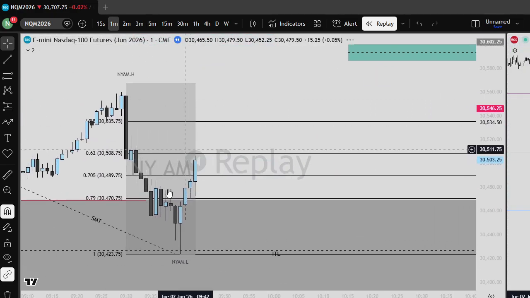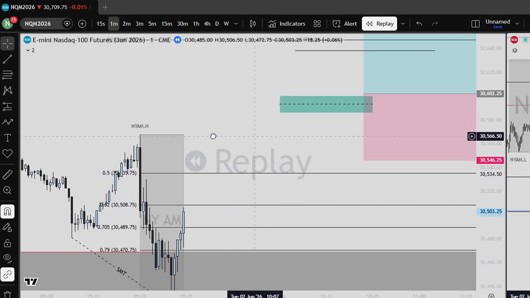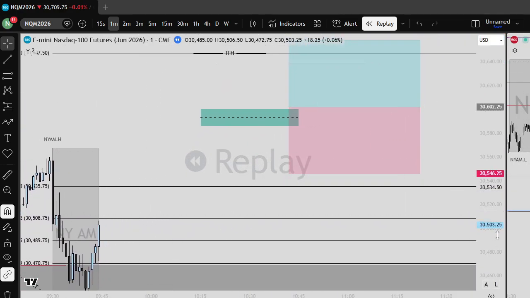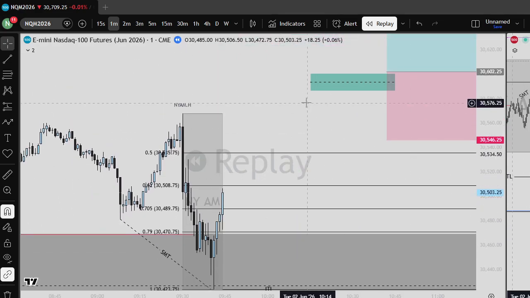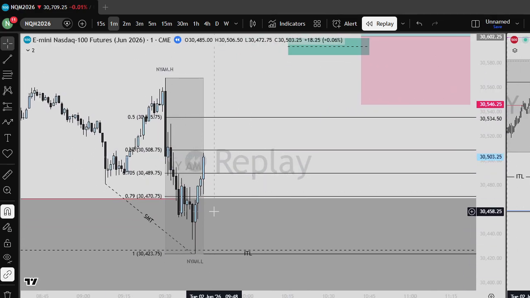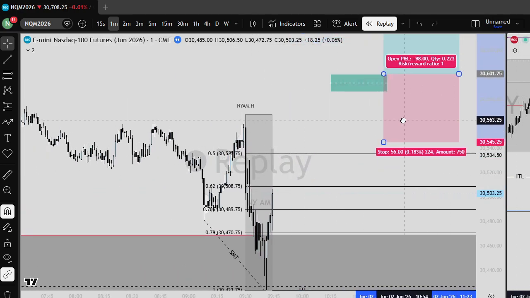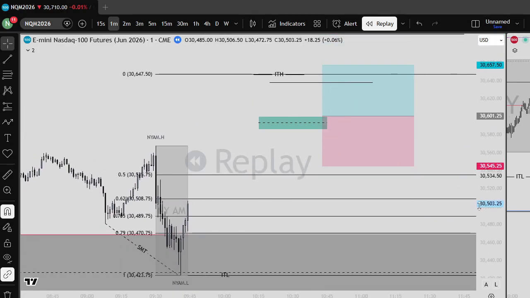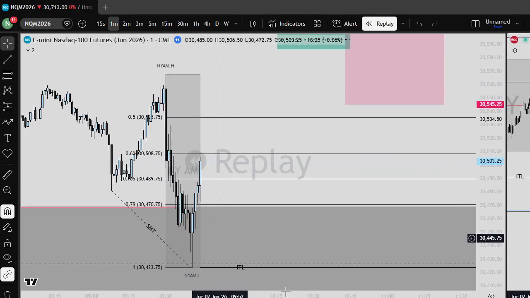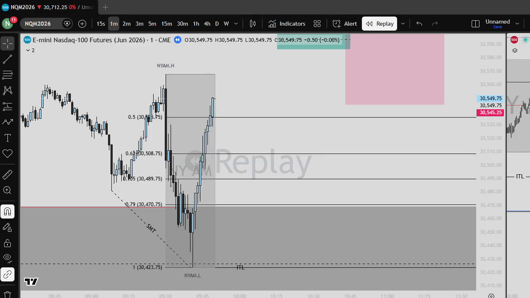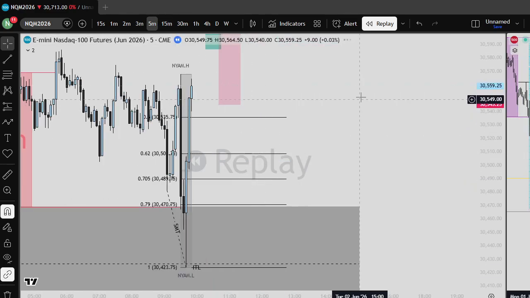Still, I was just looking for that continuation within the range, because range trading has been the conviction I have when I trade within a range, especially with lower time frame and higher time frame alignment. It's just like, bruh, I rarely lose. I'm not gonna lie, I rarely lose, and the conviction is super high. So that was the one entry, and then there's another entry here with this 5-minute close,